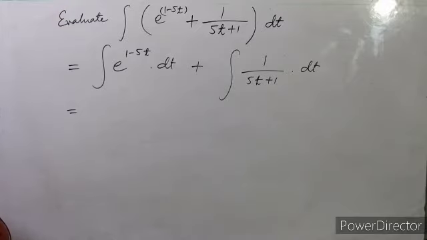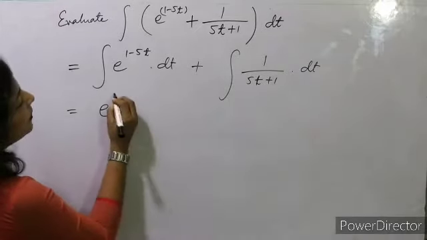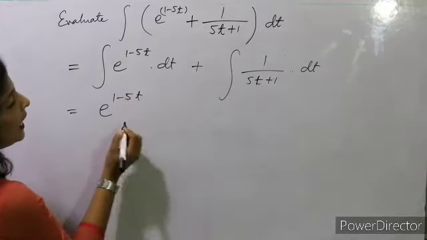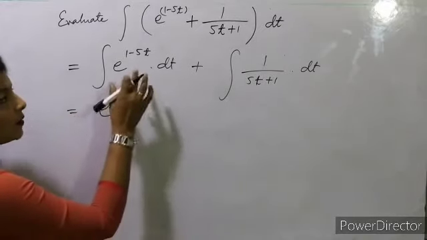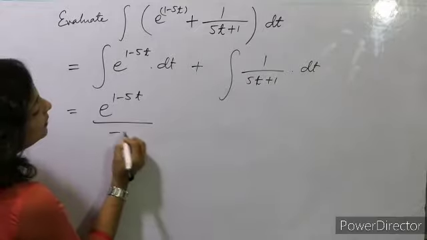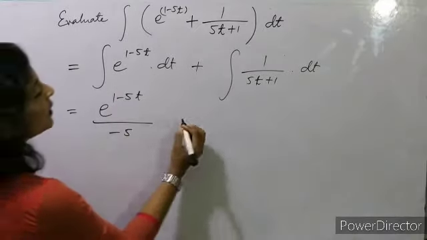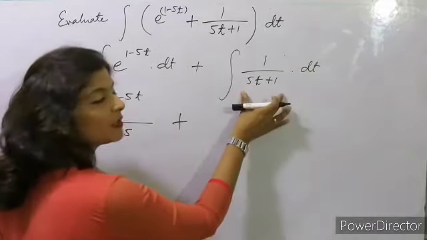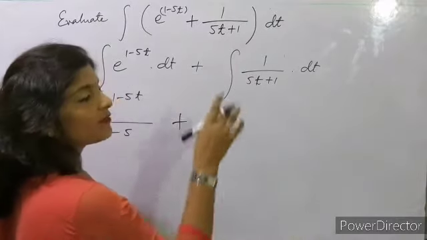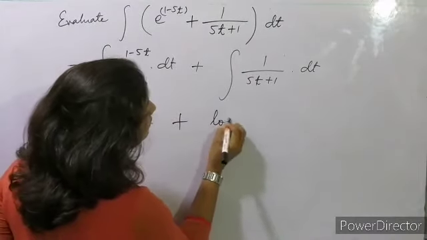So here what we have to do is divide it. Okay, so the value will be e to the power 1 minus 5t, and we have to divide it by minus 5. Okay, plus this one, 1 upon x, or a function of x, that will be